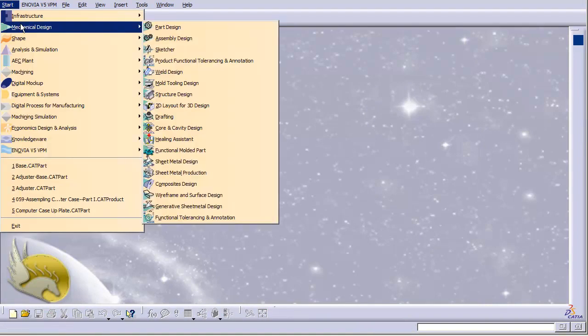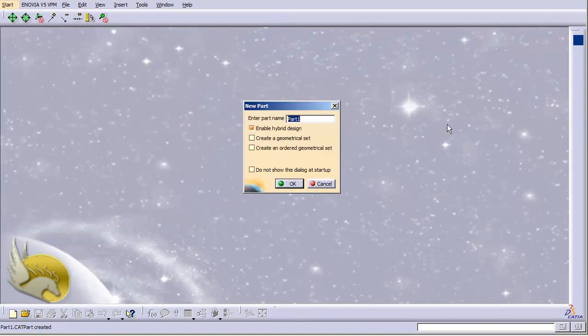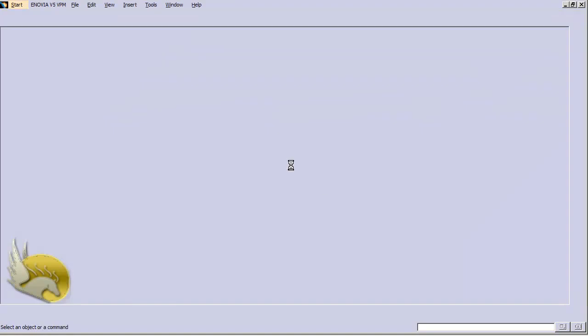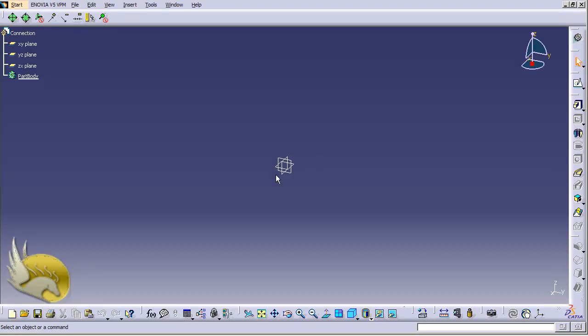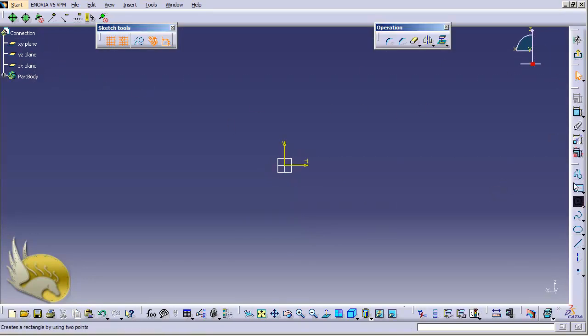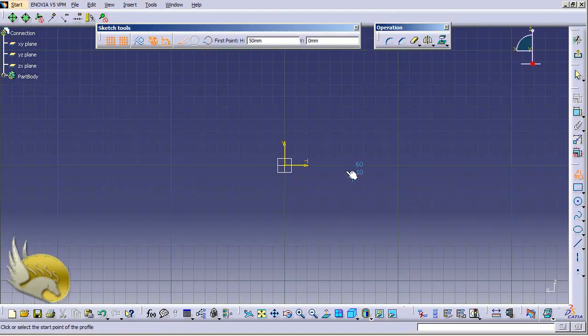Now I need another part. You can see that I am creating this very fast because I don't want to waste my time here creating the parts, but because you want to know how I draw this, how I have dimensions on this, I need to draw this for you. But I click on OK. I have the connection here. For connection, I want to go to ZX plane and use profile tool to draw this. I draw